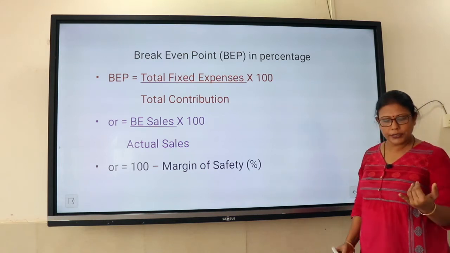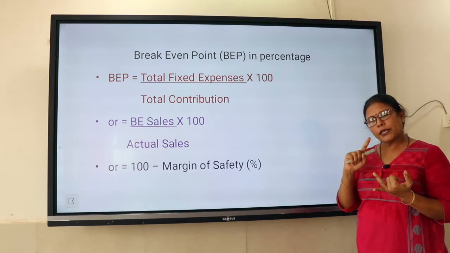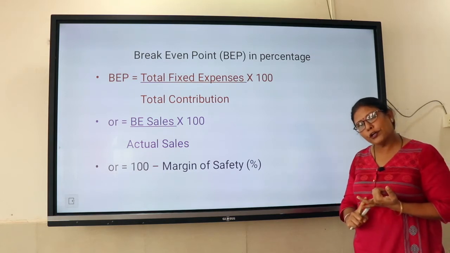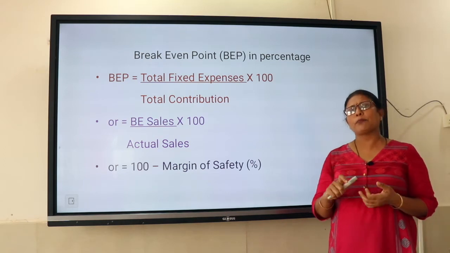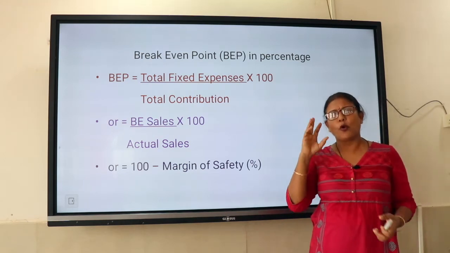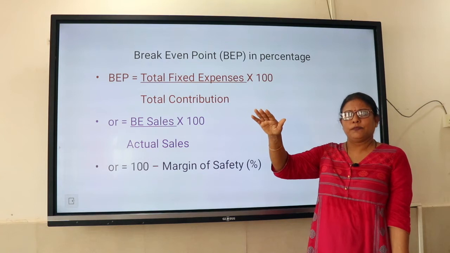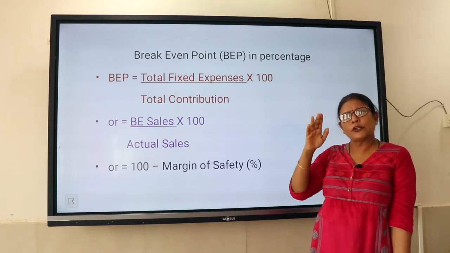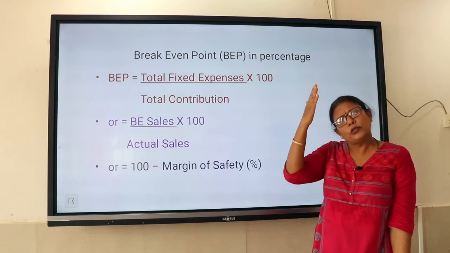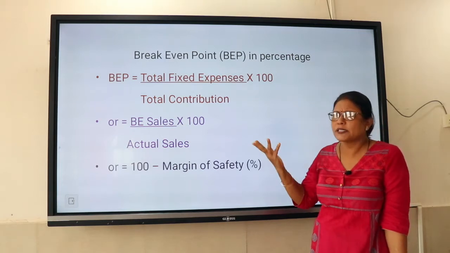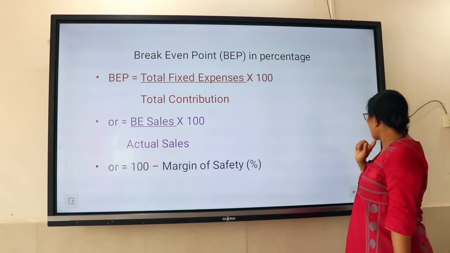So break-even point can be found out in units, it can be found out in value, or it can also be found out in percentages. Depending upon what you require, you will do it. If you want to know at how many units the break-even will arise, then you calculate break-even point in units. If you want to convert them into value, then you calculate on value or a percentage basis. Okay, we'll take a small problem.